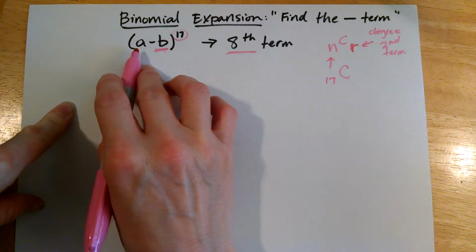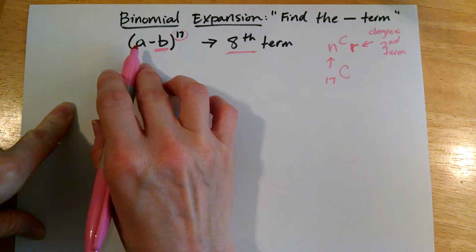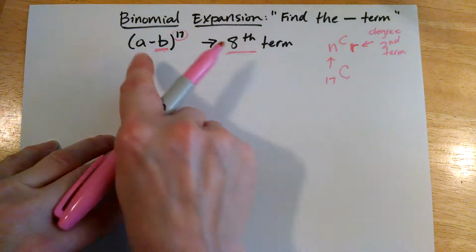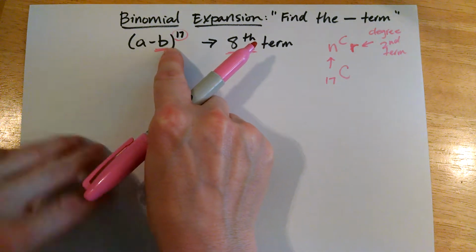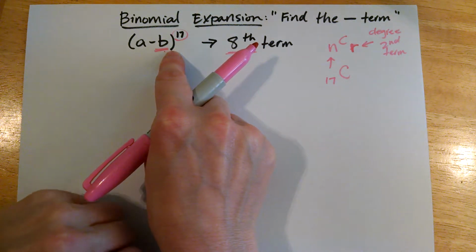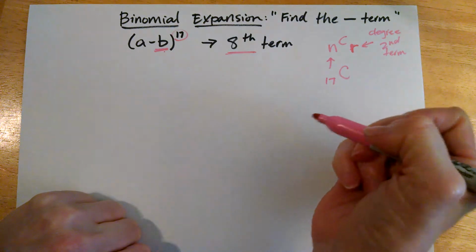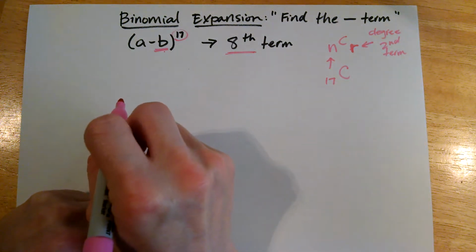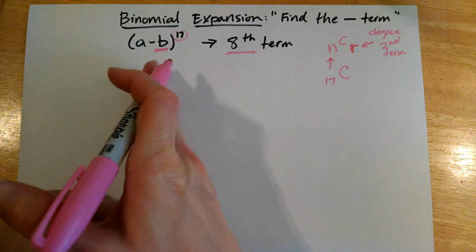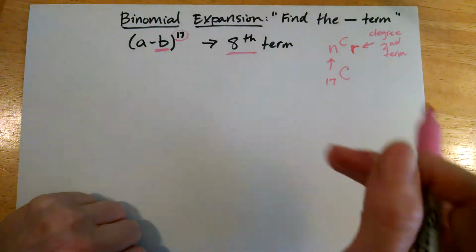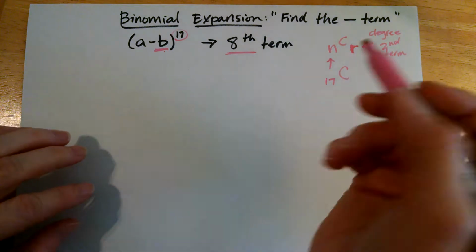So this is going to relate to the first term. It's going to be the 8th spot that the a shows up, but it's only going to be the 7th spot that the b shows up because the b is not in the first term. Okay, so if you're confused about that, you can go watch the video called Expanding Binomials, and you'll see how the first term and the second term are related as far as increasing and decreasing with their degrees. Okay, having said all that,